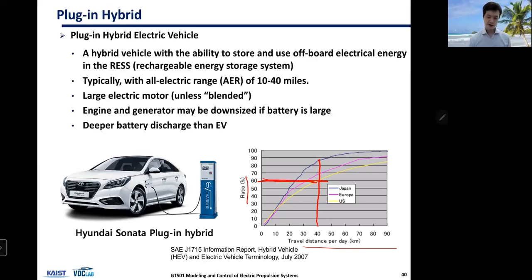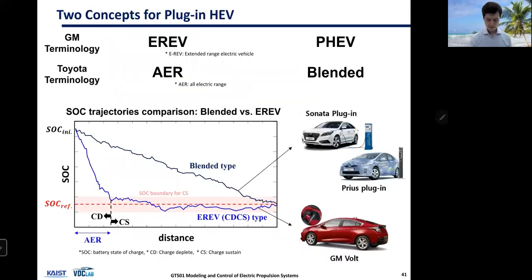So plug-in hybrid has that nice combination of hybrid and plug-in EV. Okay. There are two concepts of plug-in hybrids. One is a blended type, the other one is extended range EV type or CDCS type. And that's usually coming from the level of electrification, meaning that if you have